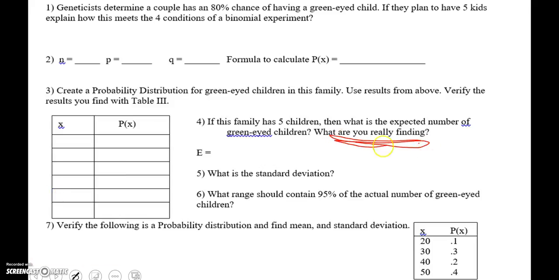What are you really finding? Well, the E is the expected value, which is the same as the mean. And the mean is N times P, and N was 5, and P was 0.8. So E equals